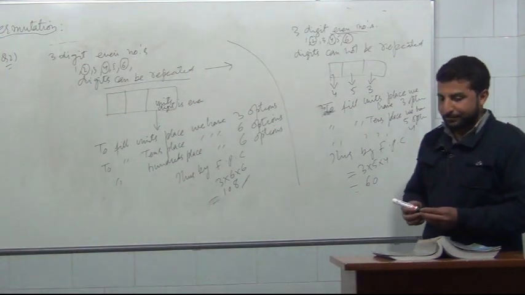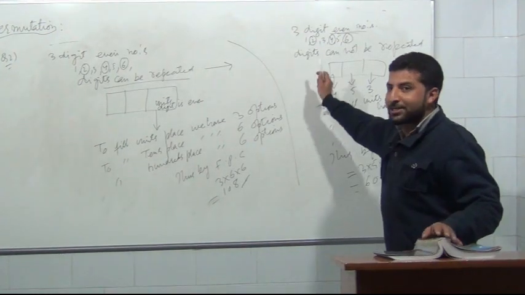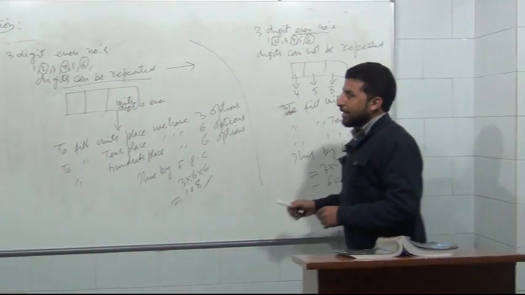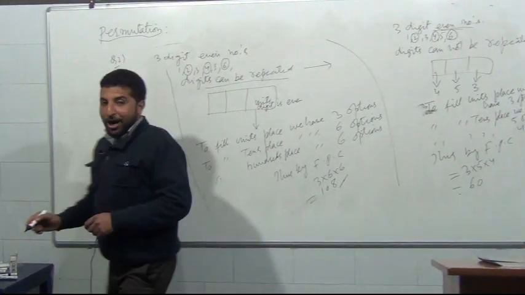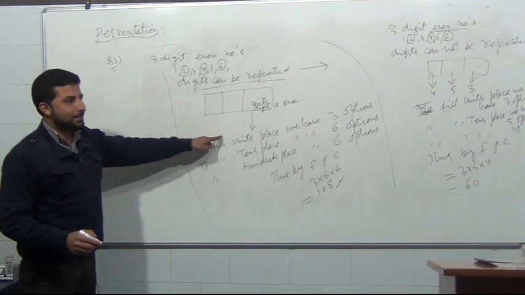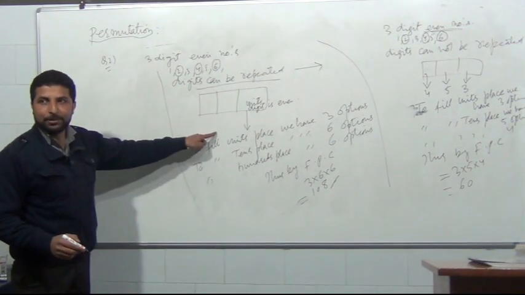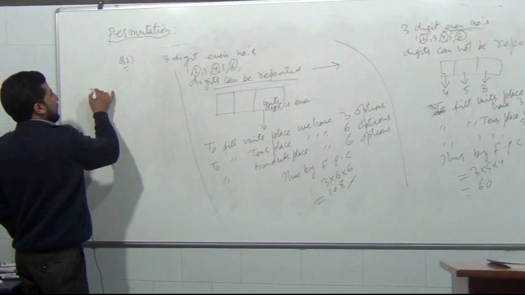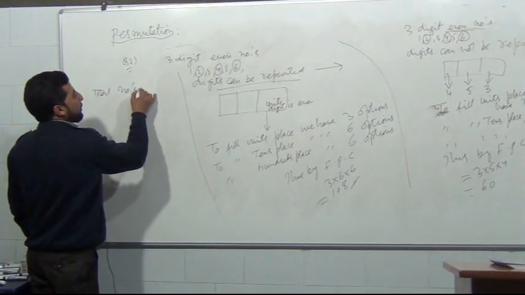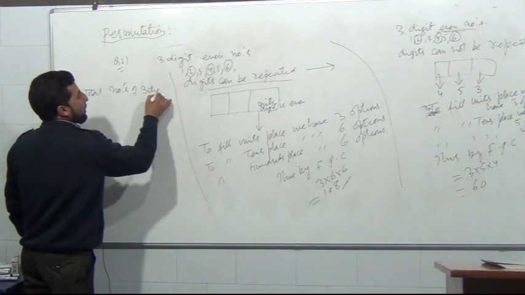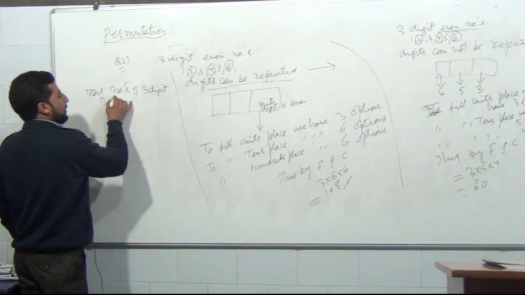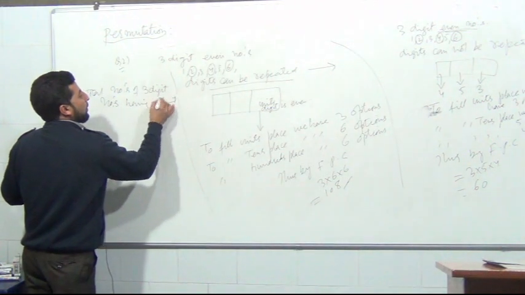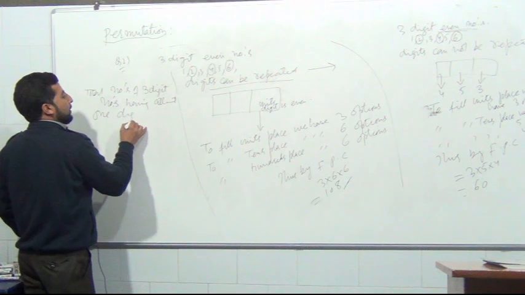Now, another question, I will construct it from the same question. This is question number 2. We have constructed another one from the same. Now, if the question goes like this, how many among these numbers are with a repetition? We will say the total number of 3-digit numbers having at least one digit repeated